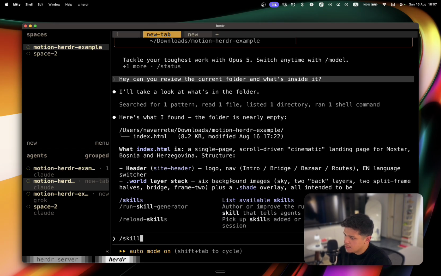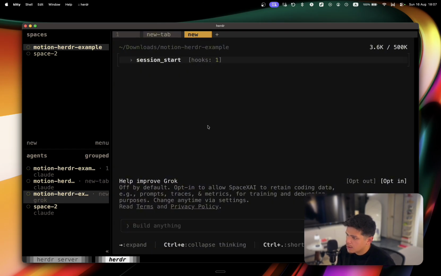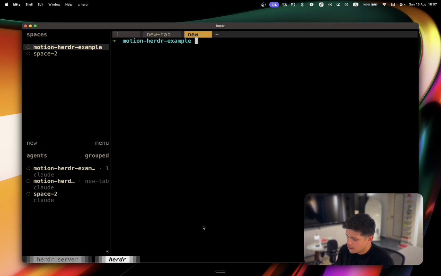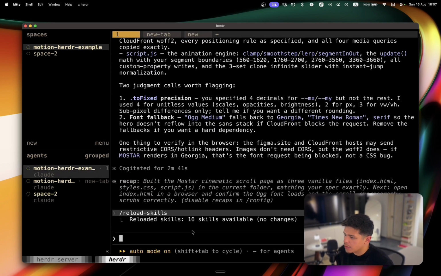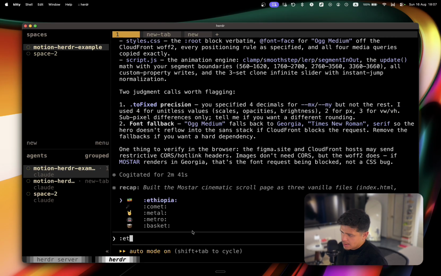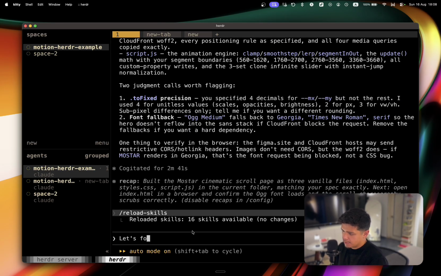Reload. Then here we have a Grok. It doesn't matter. The cool thing about this is that we can orchestrate several workflows by executing the CLI with this skill. For example, if I do something like, let's fix,